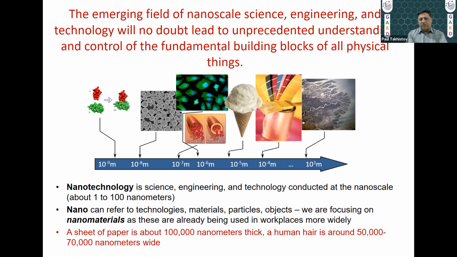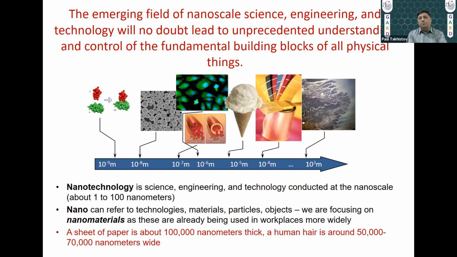Let's talk about the dimensions. We are on the planet with length scales of 10 to the 3, 10 to the 5 meters. If we go down a little bit, everything which we can manipulate by hands and eyes, we can talk about 10 to the minus 2, 10 to the minus 3 meters, which is a millimeter. Our hair is a very natural length scale. It's about 50 microns. And all food structures, all biological cells,